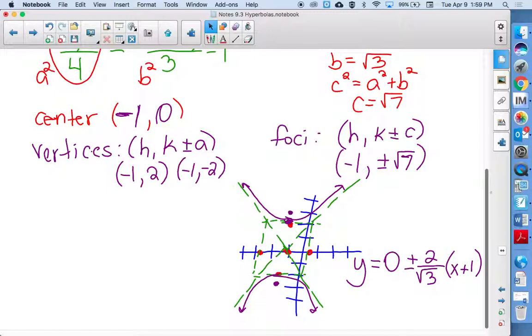So it's a parabola because the distance from the center